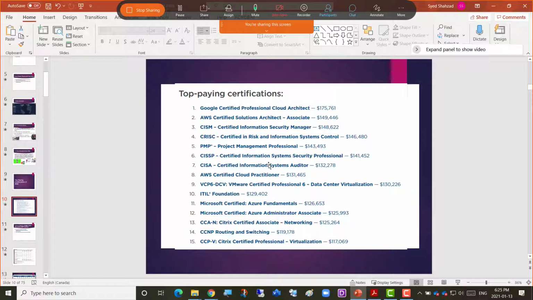This is where you see the trend in the market, the topping certifications, and you should align your career objectives. What type of skills do I need to learn to get a good job, a better paying job sooner in the market? That's how you can align it: these are the skills that are required in the market, how many I have and how many I will be going for. So for any of those skills you need, let me know about the study material and the exam prep material, and I'll provide you that. Just contact me and I'll do that.